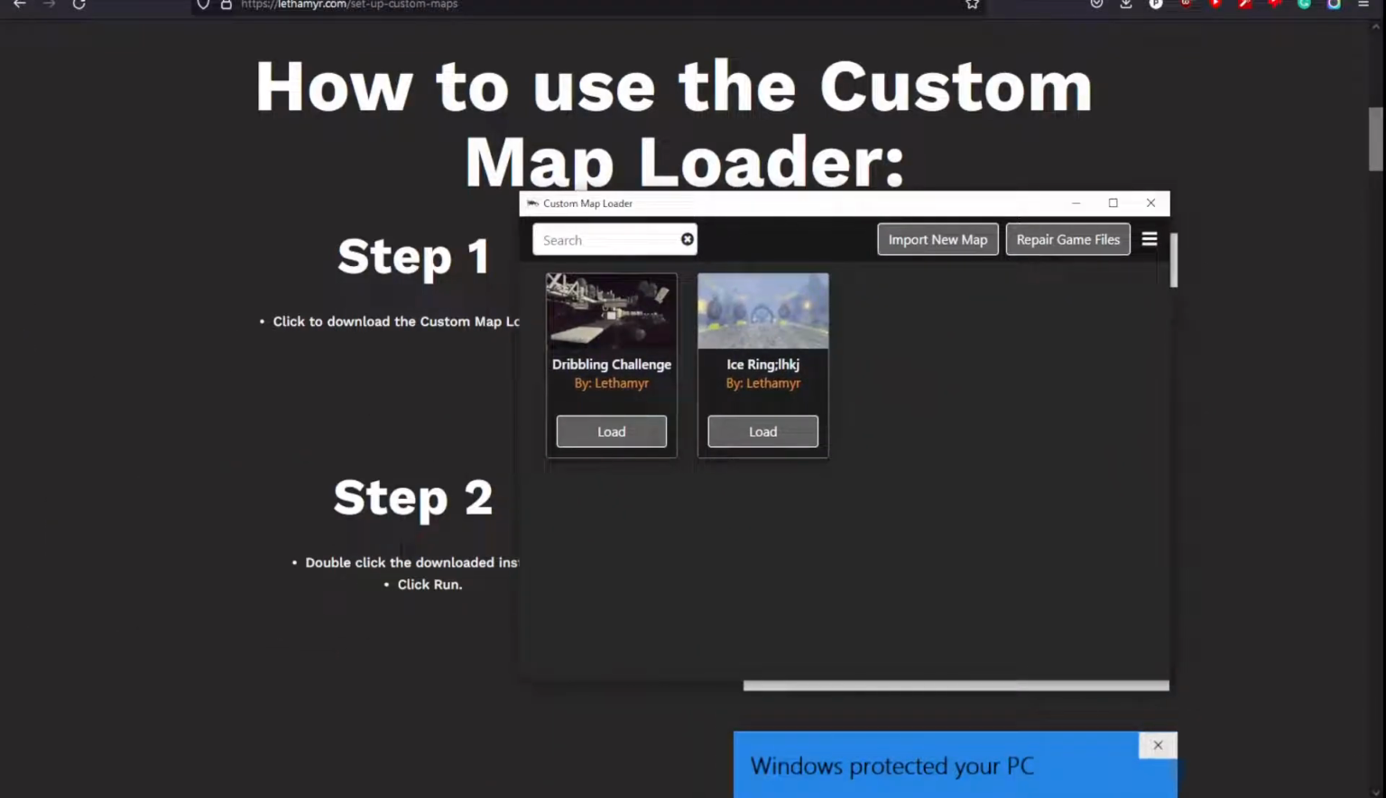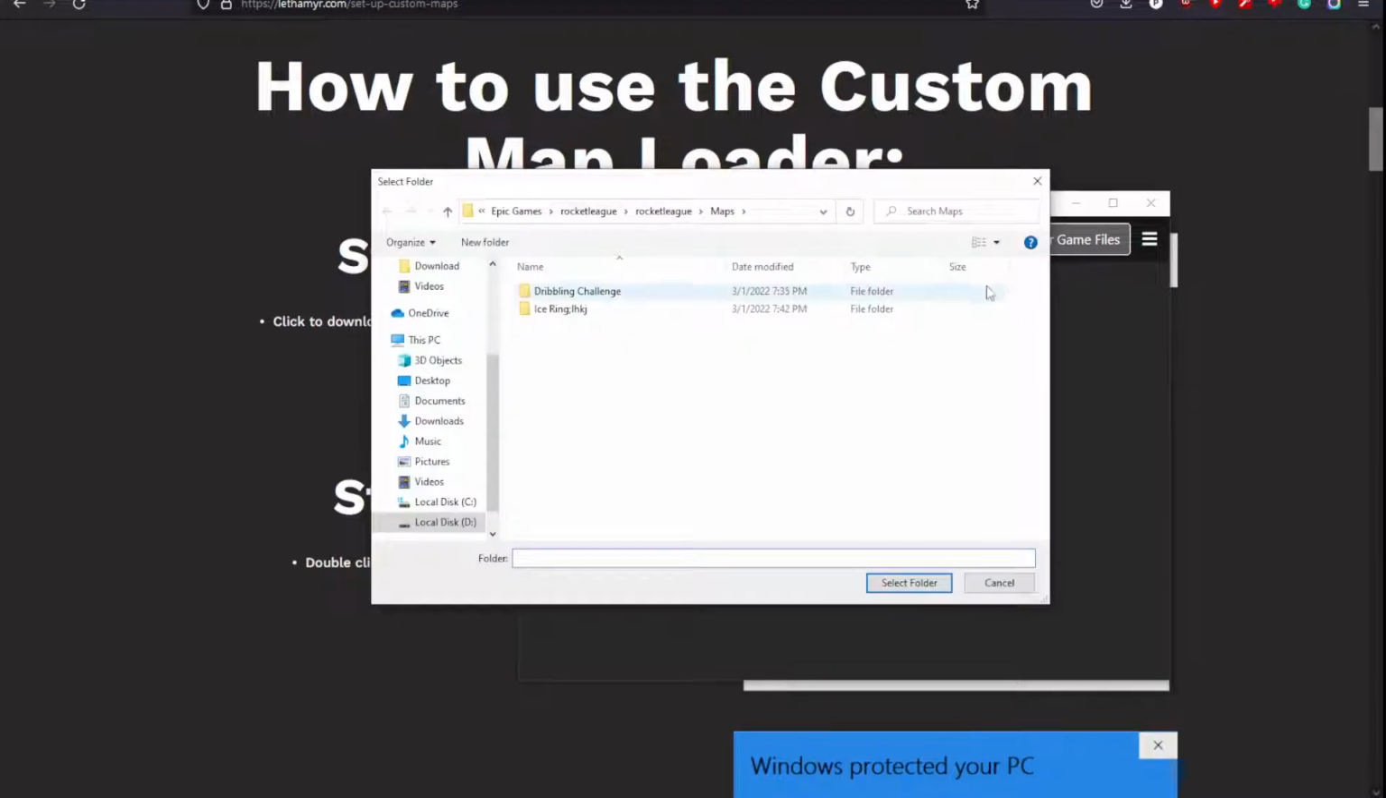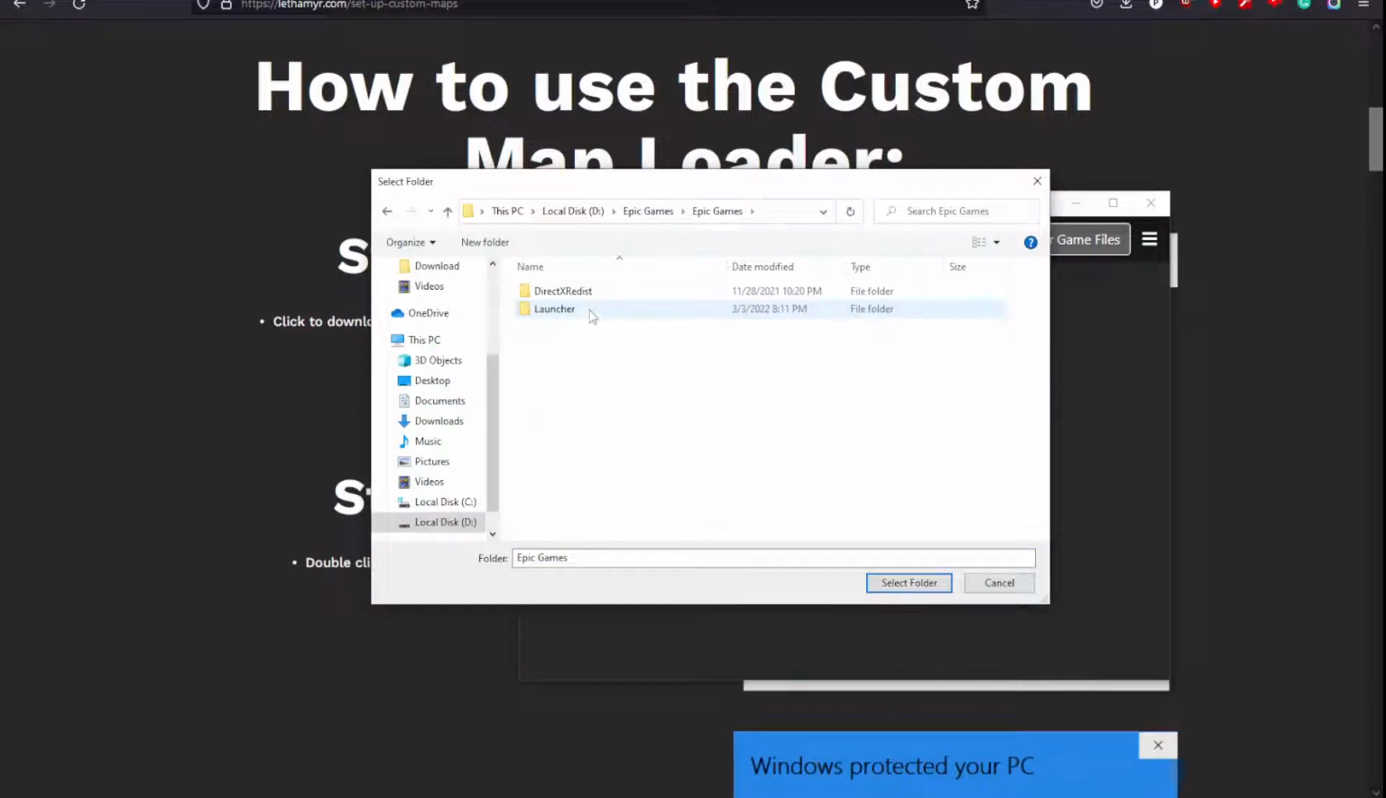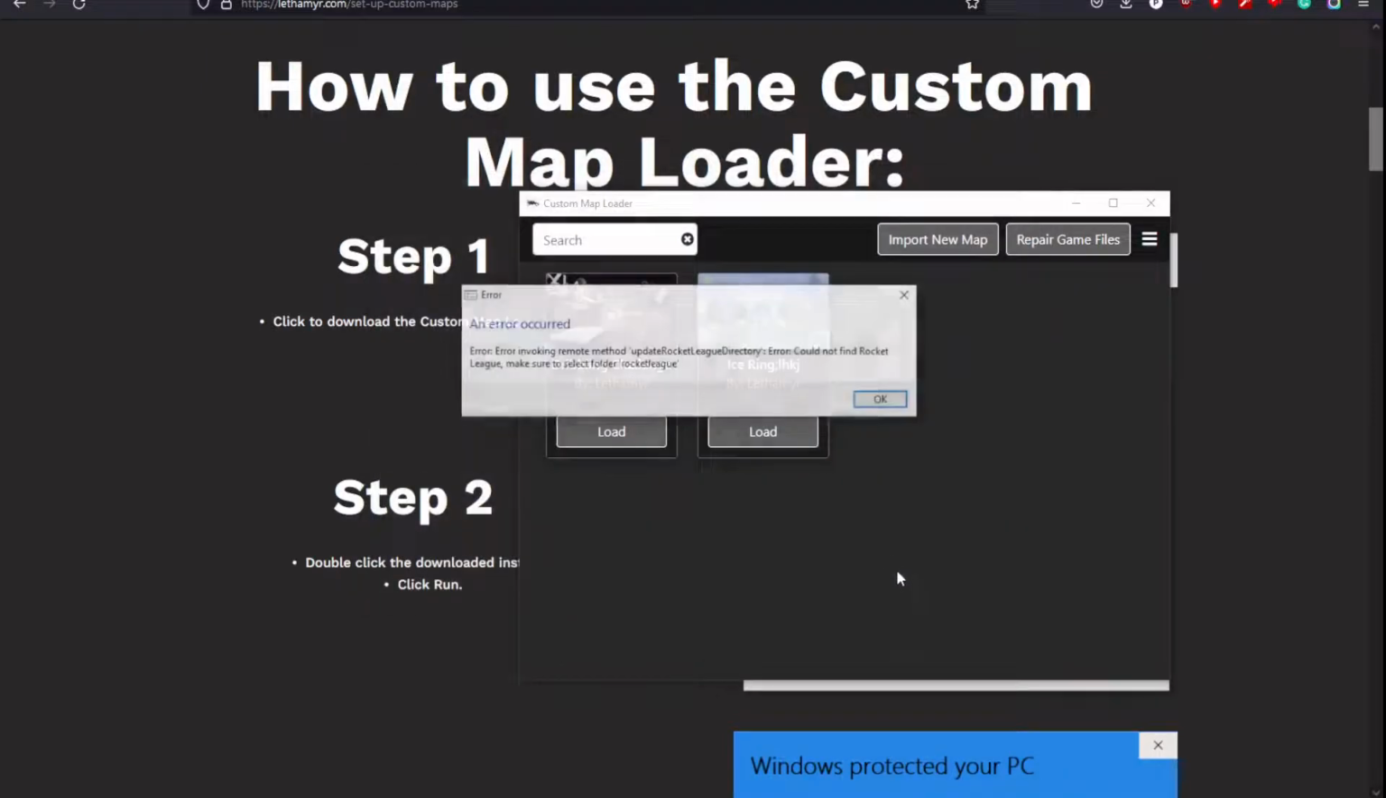I have already the custom map loader, but for you it will say select Rocket League file and select map folder. The first thing you want to do is find the Rocket League folder. It should be in Epic Games on one of your drives, disks. Epic Games, just double click it, and then it should be here, Rocket League. Select folder,